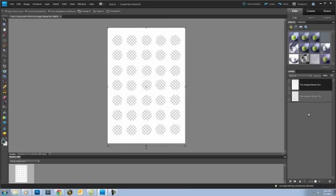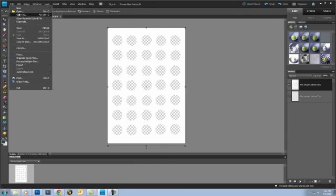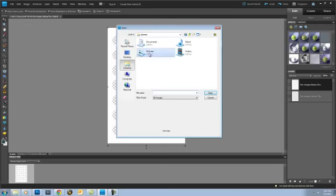The first thing we want to do is open our desired image. What do we want to put in the circle? What are we trying to sell? What do we need to make into that 1-inch circle or 2-inch circle, whatever it may be, whatever template you're using? To do that, I'm just going to go to File and Open, and I'm going to go track down